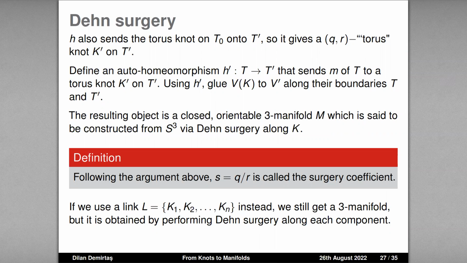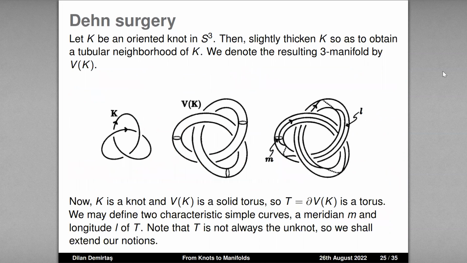And again, we define an automorphism H prime that sends the meridian of the initial torus to a torus knot K prime on T prime on the complement space. Using H prime, we glue the tubular region into the complement space along their boundaries T and T prime. So the resulting object is a closed orientable 3-manifold, and it is said to be constructed from S3 via Dehn surgery. Let's give a brief